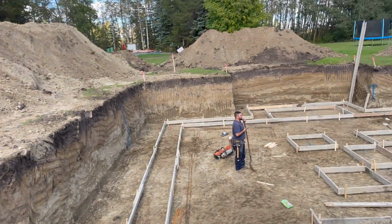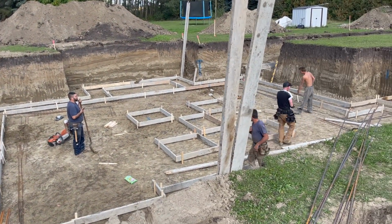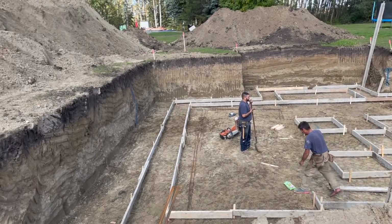Right, okay. Yeah. Well, it's nice to see everything happening, and we've got guys here getting the fence ready to put in. You got a busy day here. I do have a busy day,